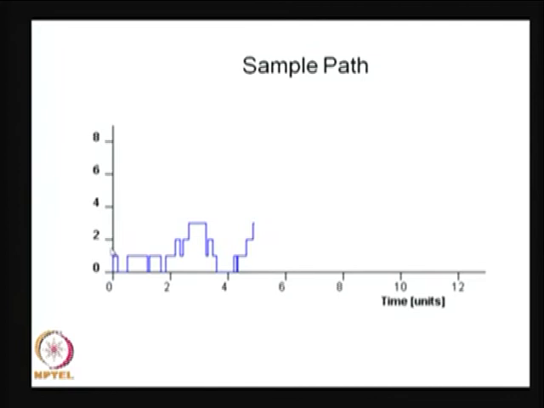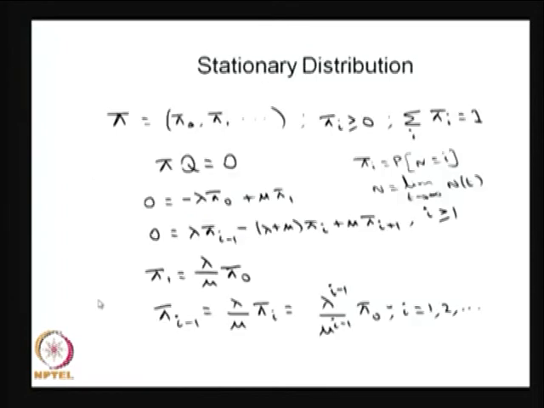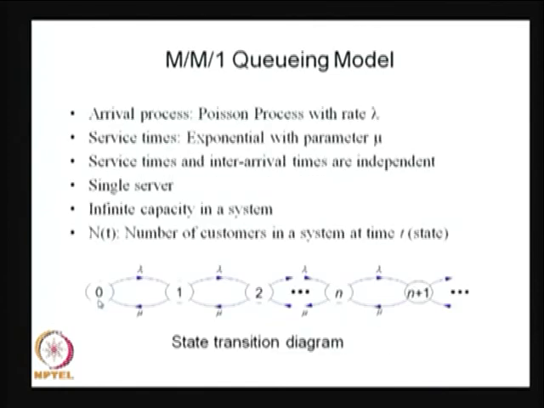Therefore, this stochastic process is a discrete state continuous time stochastic process satisfying the Markov property. Therefore, this is a continuous time Markov chain. Later I am going to simulate the M/M/1 queuing model using some simulation technique. So, the conclusion is the underlying stochastic process for the M/M/1 queuing model is a birth-death process. N(t) is a stochastic process, and this stochastic process is a birth-death process.